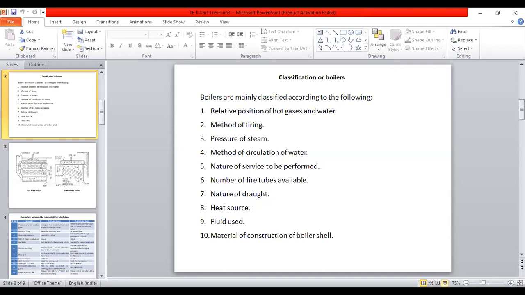And the sixth classification is number of fire tubes available. Here, if a boiler contains a single fire tube, then it is called a single fire tube boiler. If it has more than one tube, it is called a multi-tube boiler. So the number of fire tubes available means either a single tube boiler or a multi-tube boiler. For single tube boilers, examples are Cornish and simple vertical boiler. For multi-tube boilers,